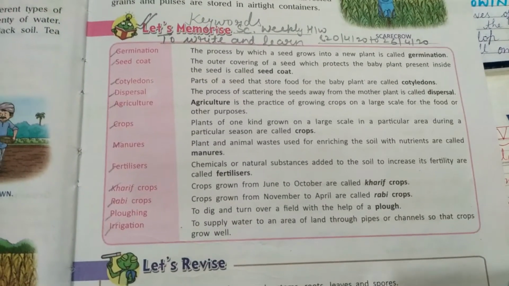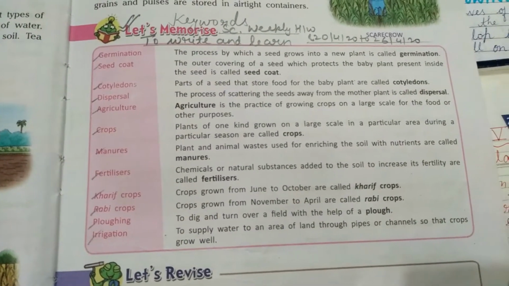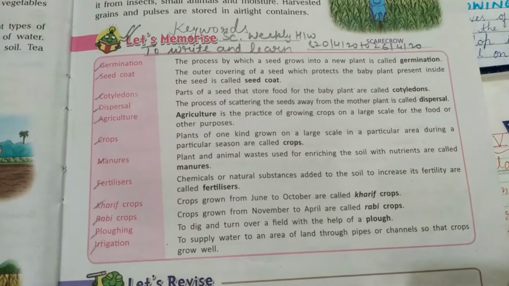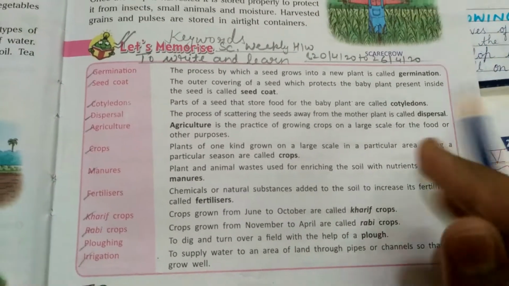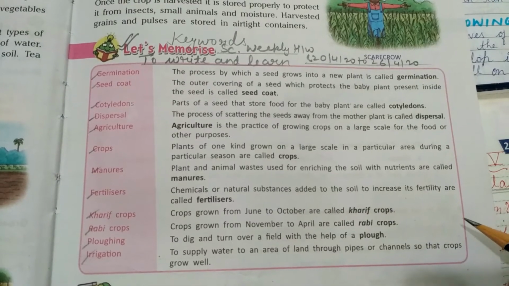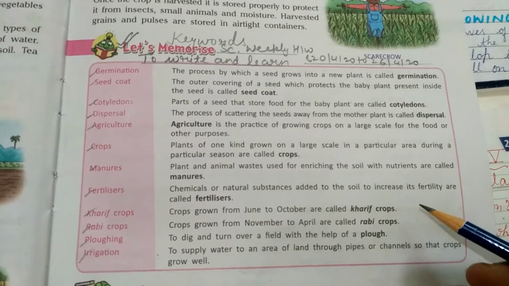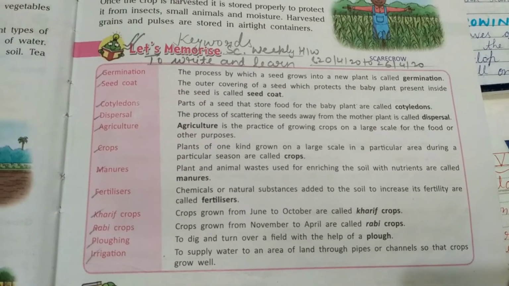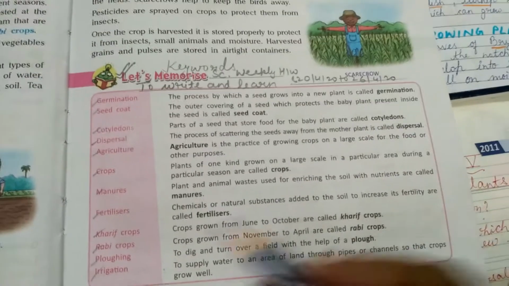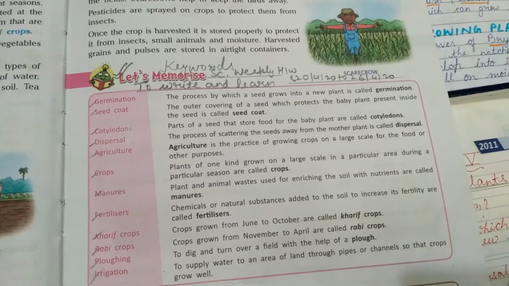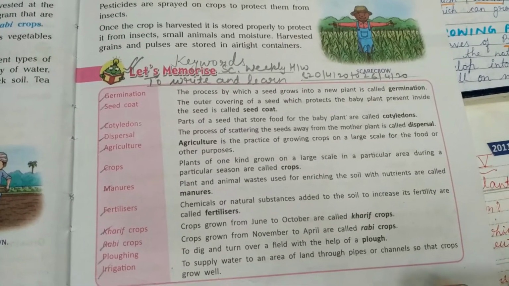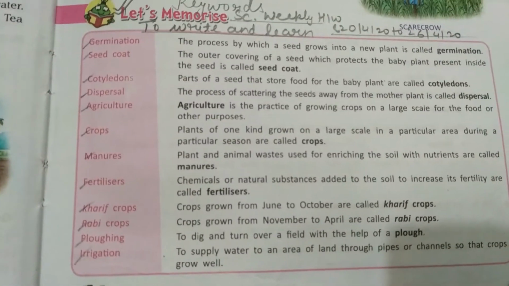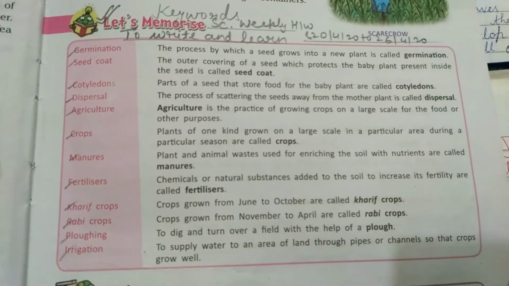All these terms I have already explained to you while explaining the lesson. So this section is to be done in your classwork notebook. First you will complete the keywords, and only then will you start the question answers of this chapter. The rest of the book exercises, like true false, we have done, will be done in the book itself. So these are the keywords which you have to write down.